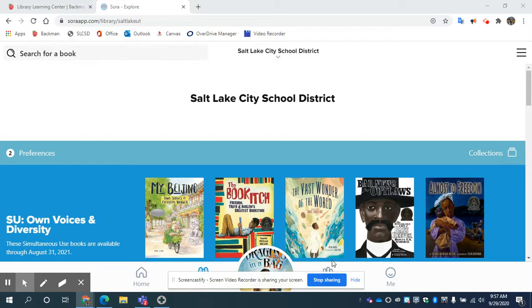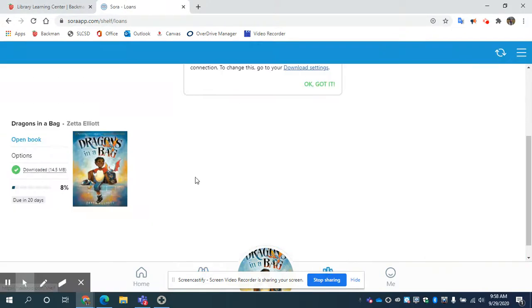I wanted to show you a few tools about Sora and how you can make it easier to read books on your computer or your tablet. So, normally, when you open up Sora, it's on this kind of binocular screen down here, which is the Explore screen, and that's where we did the search for a book. But once you have a book checked out, it will appear in the circle down here if you've started reading it, and you can also get to it from your bookshelf. So I click that, and I can open my book,